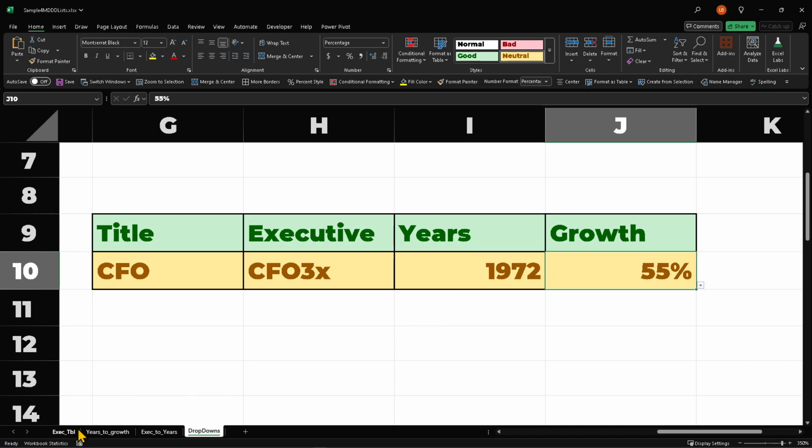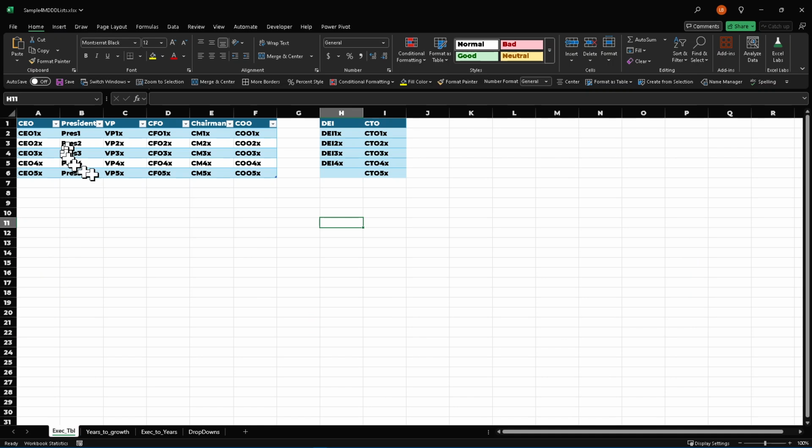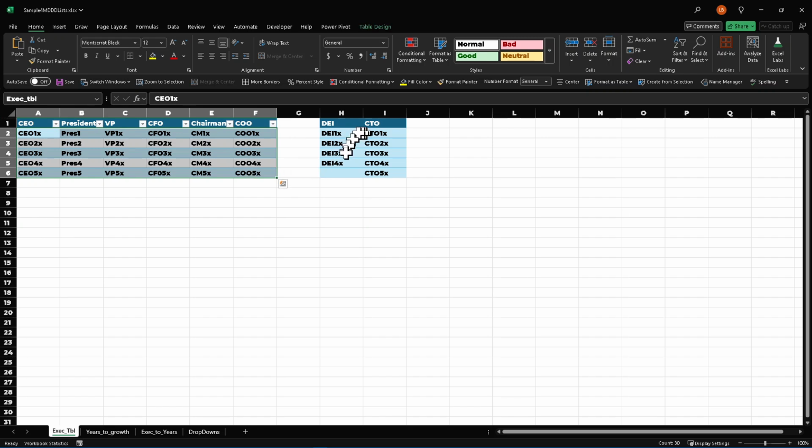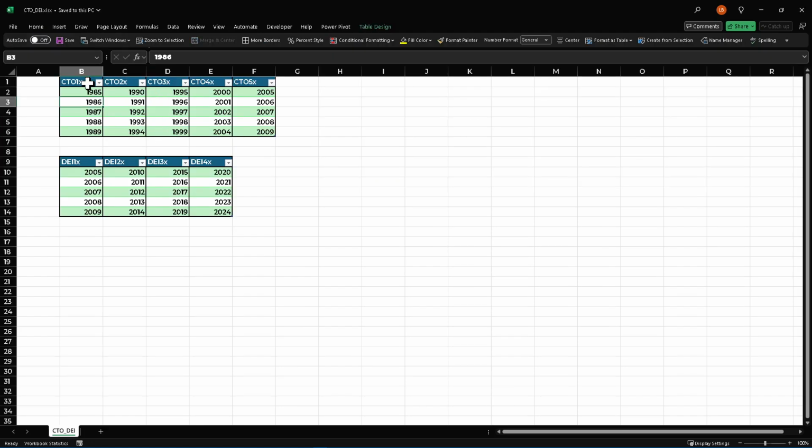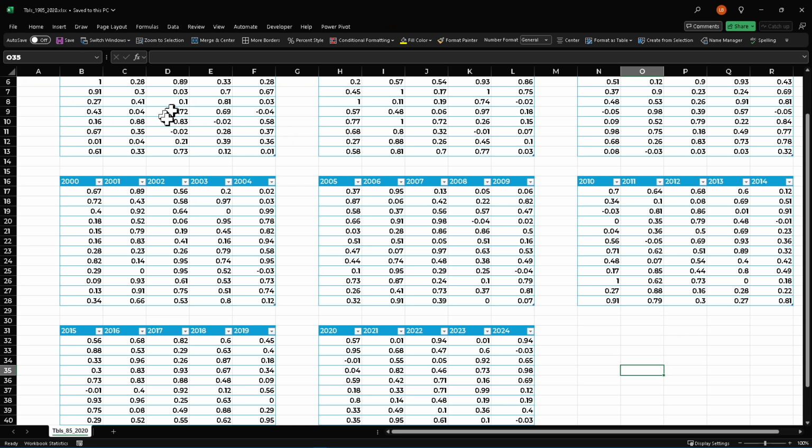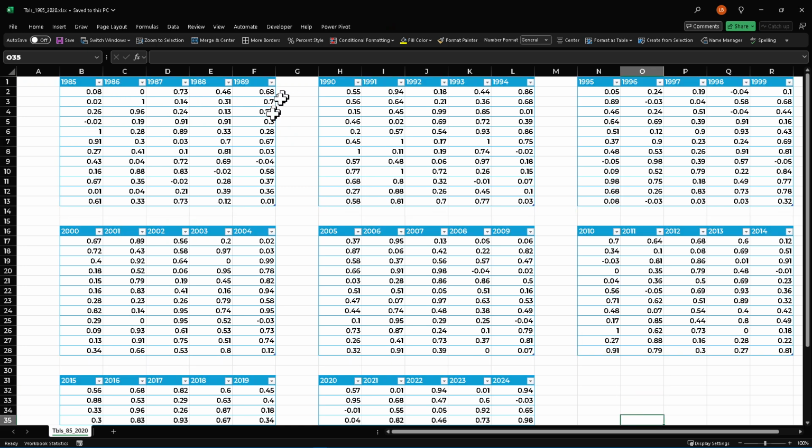And we're going to start here, as we did before, with the executive table. We have this table here with executives and the people who served in those positions, and we're going to add these 2 other titles into this table. Then we're going to go to another table, and we're going to put in the executives and the years that they served. Then we're going to go to another table or set of tables, and these are the years that those executives served and the growth that they had. And we're going to go through the same process we did before, but we're just going to add to it,